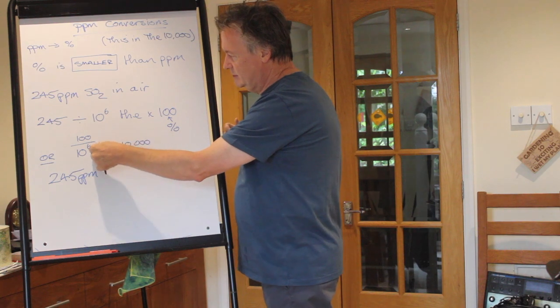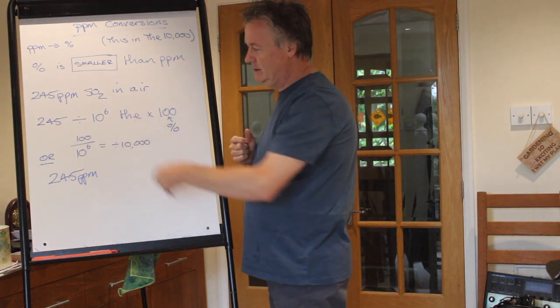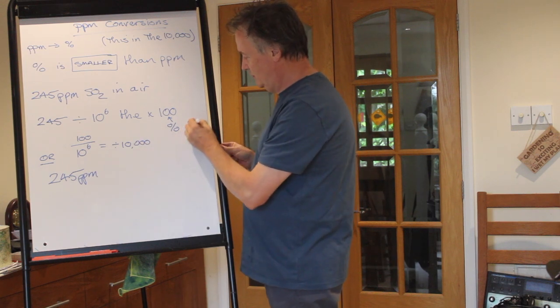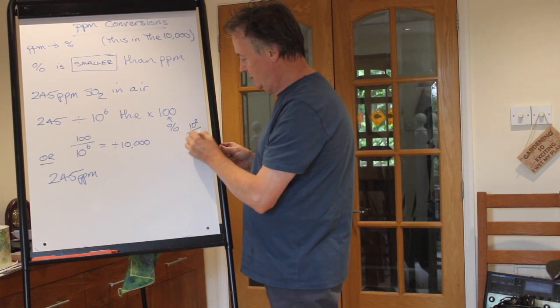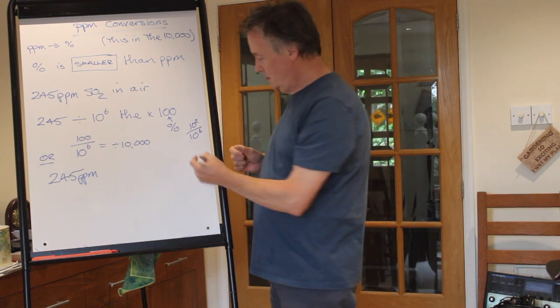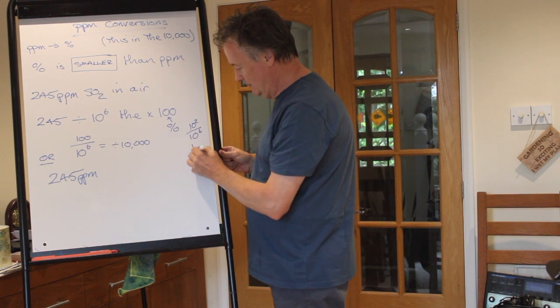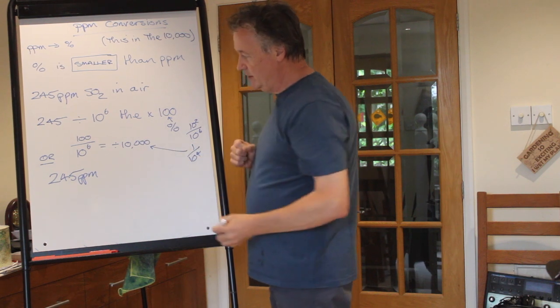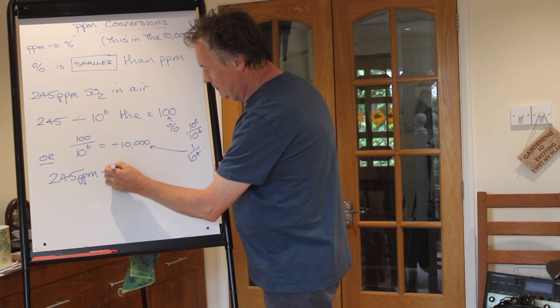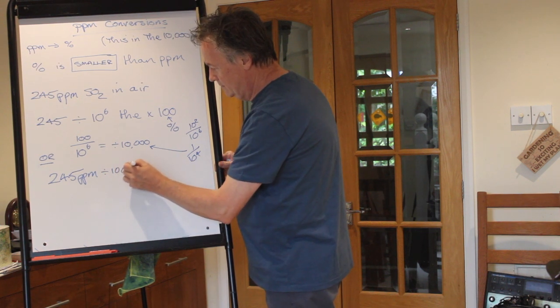So 100 divided by 10 to the 6 is the equivalent of dividing by 10,000, which is 10 to the 4, because 10 to the 2 over 10 to the 6 means 1 over 10 to the 4. So that's the divide by 10,000. So 245 parts per million divided by 10,000,